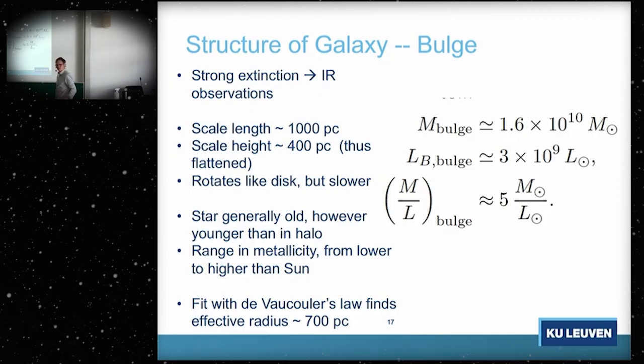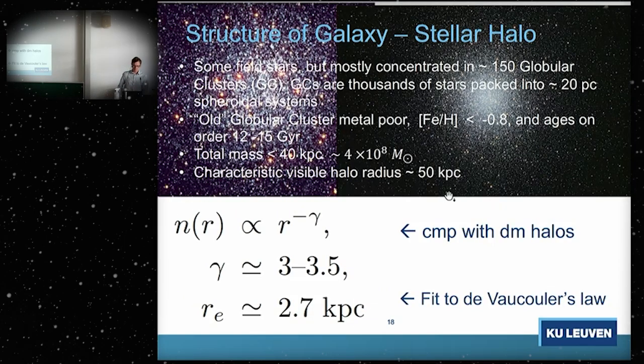Now, instead of fitting an exponential distribution as is normally done for the disk, and which we did in the exercise this morning, a de Vaucouleurs law is better for these types of systems, as we already said in the introductory parts. Effective radius of 700 roughly. Now, the stellar halo then,